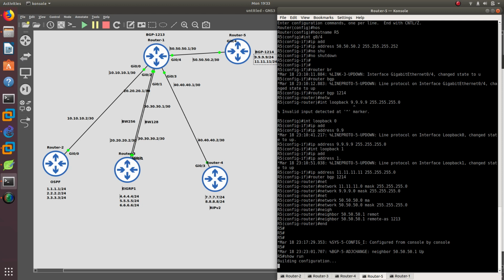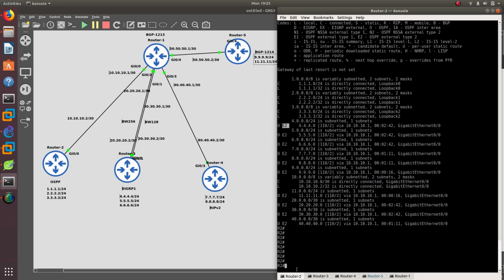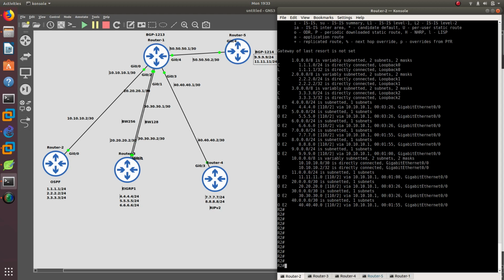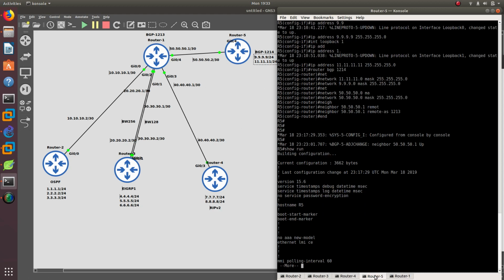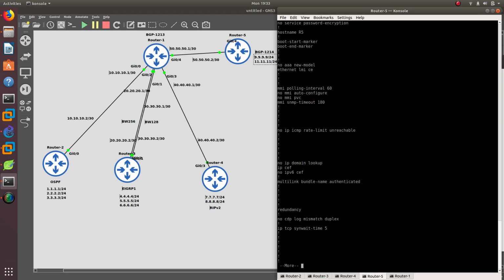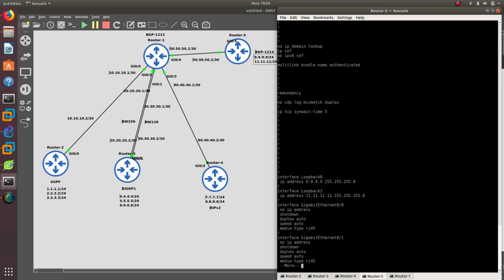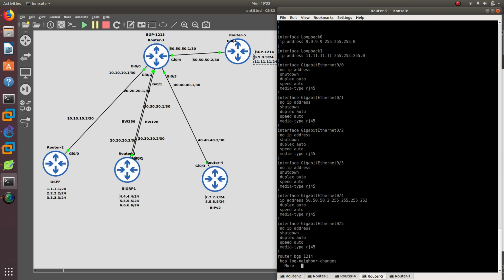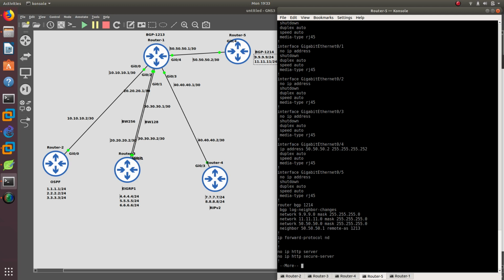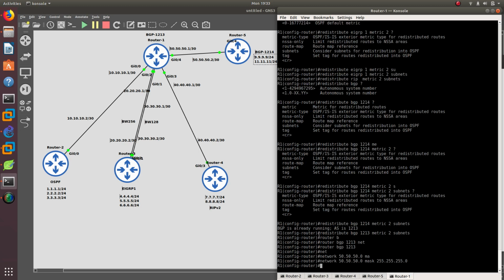Show run, because I think this should be showing over here, but it is not showing. Let's see if we do the show command from here. Gigabit 0/4, good. BGP. So BGP has it over here. So weird how it's not showing it over there, but well, it's fine. So let's go ahead and